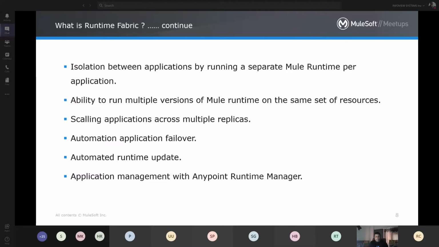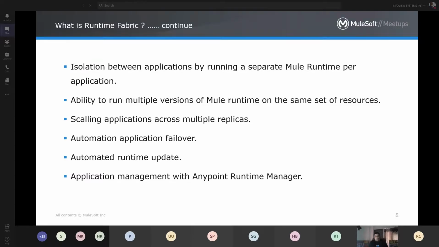You can increase the memory and CPU cores based on the requirements or the performance of the application or integrations. The same capability we have in Anypoint CloudHub, where we can deploy multiple versions of the runtimes based on the applications, is provided by Runtime Fabric as well.